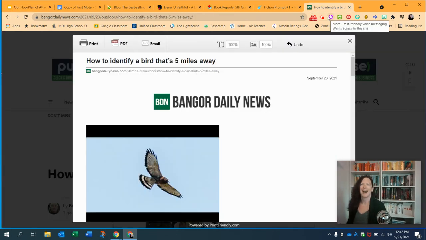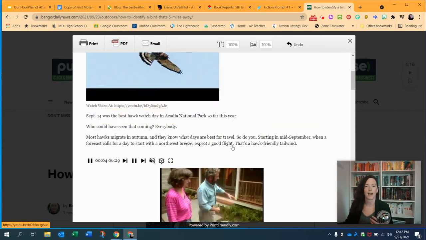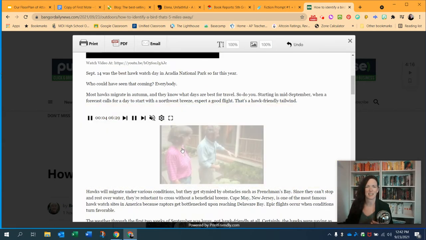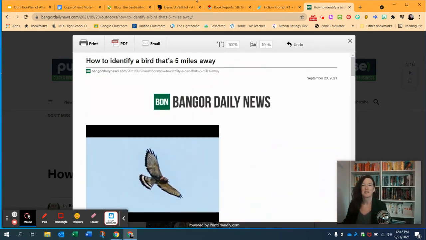So I have this Bangor Daily News article. It's actually behind right here. But as you know, if I were to print something from the Bangor Daily News, I would get all of these things that I don't necessarily want my students to have. It clutters everything up, and I want them to have a clean and easy read. So what I would do is click on my Print Friendly and PDF icon, my Google Chrome extension, and